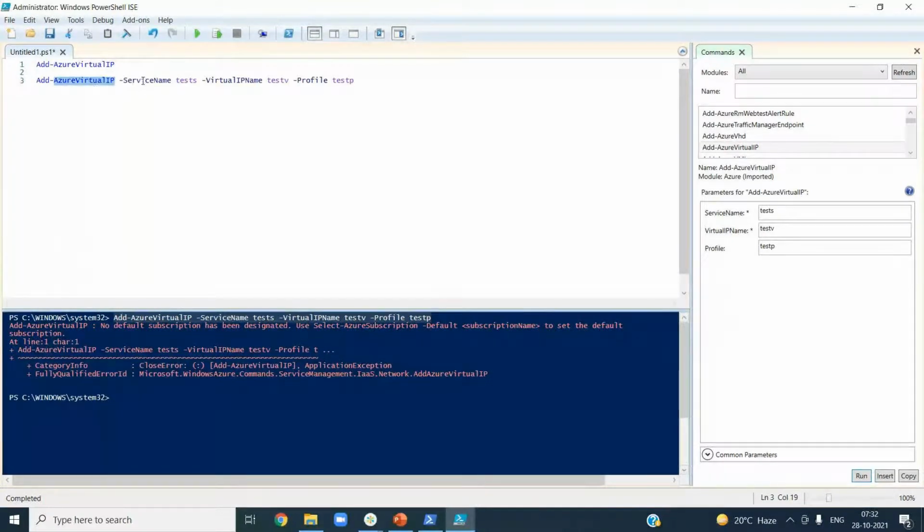A hyphen means a switch, and you can call these switches or flags. These are all the switches or flags that are available or need to be used in this command. So you need to give the service name, the virtual IP name, and some profile name. This is how you learn how to use a command in PowerShell.